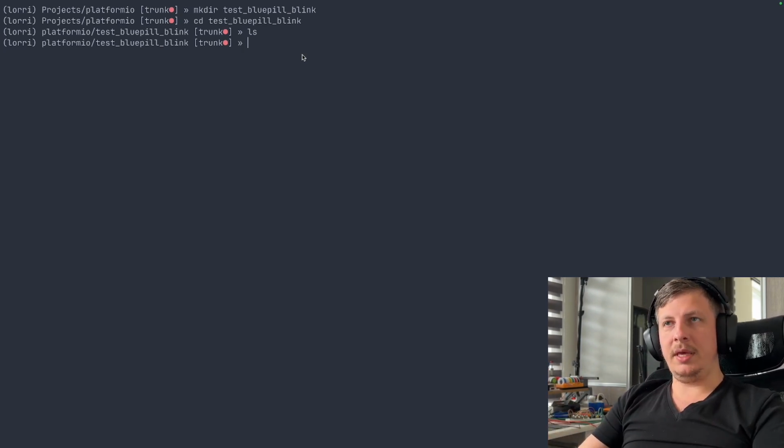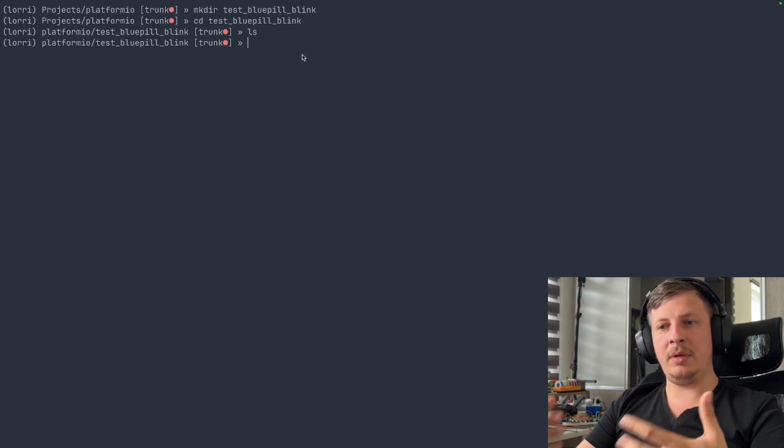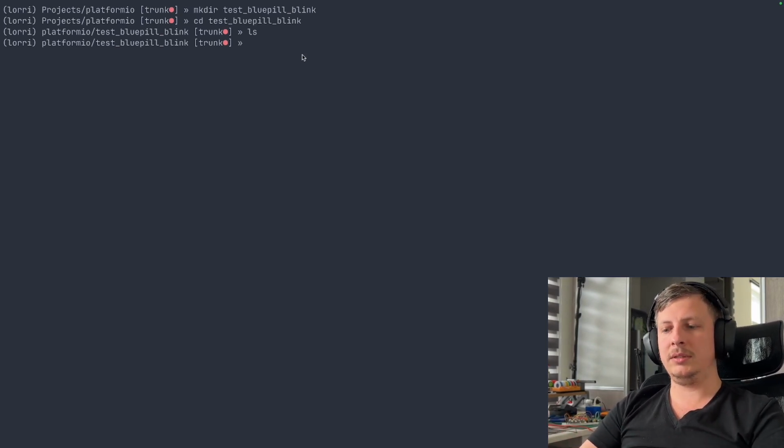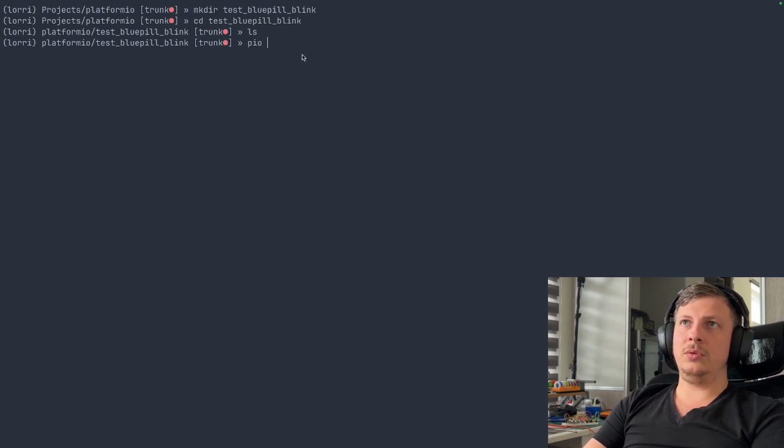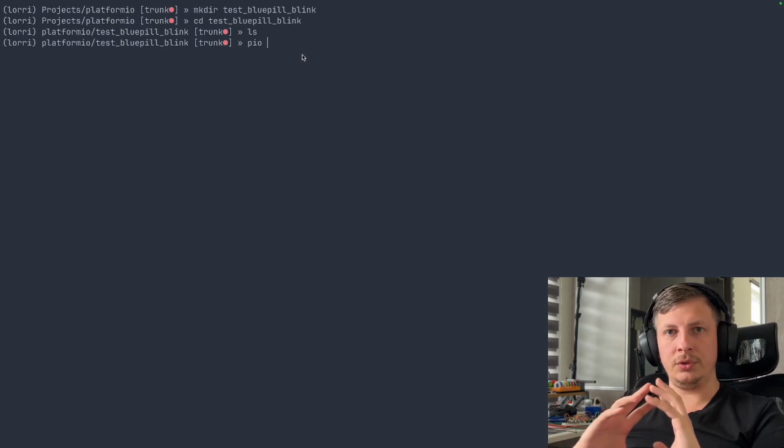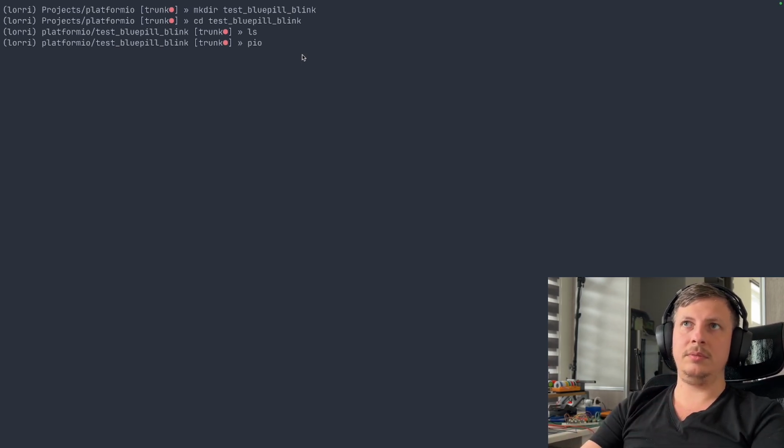It can bootstrap a folder structure and put in some basic configuration that we can start with. For this, you need to use the PIO command. This is used for all kinds of tools that PlatformIO provides. So in our case, this will be PIO project init,